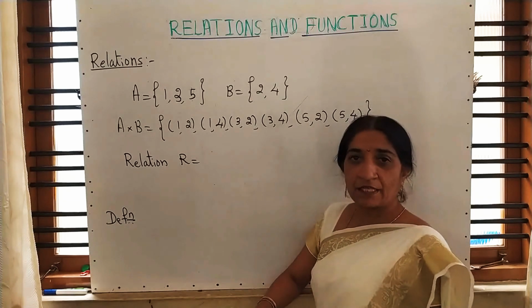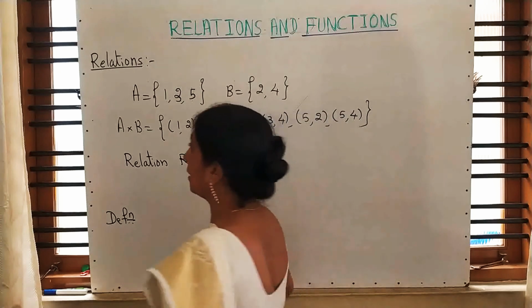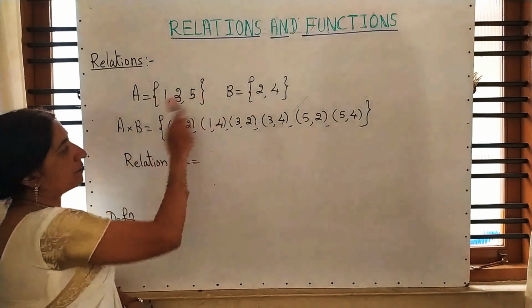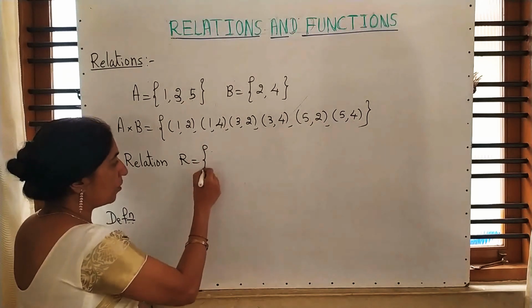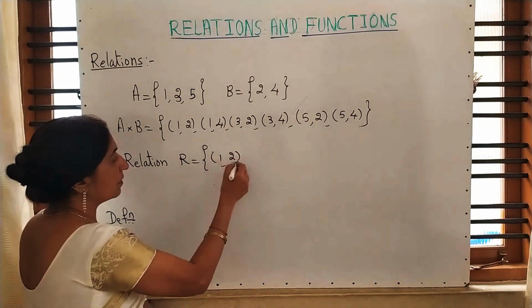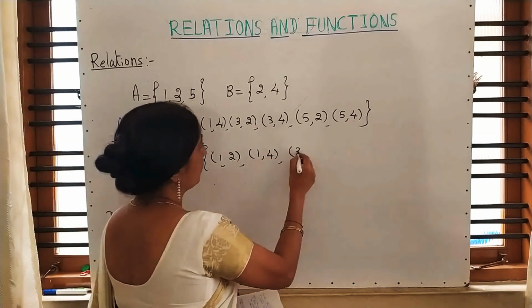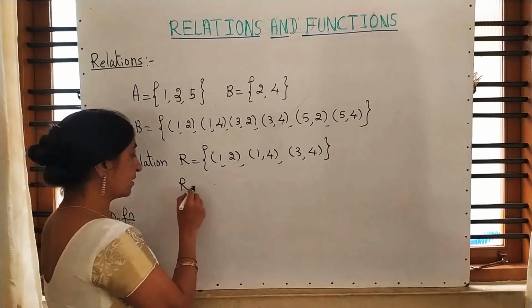In the last class, I completed the first exercise 2.1. Now in today's class, I am going to teach you about relations. Here, I wrote the two sets A and B and I wrote A cross B. In this, I am writing only selected ordered pairs. If you write all, that is also okay. Now I am selecting a few, according to some rule. See how I am selecting?